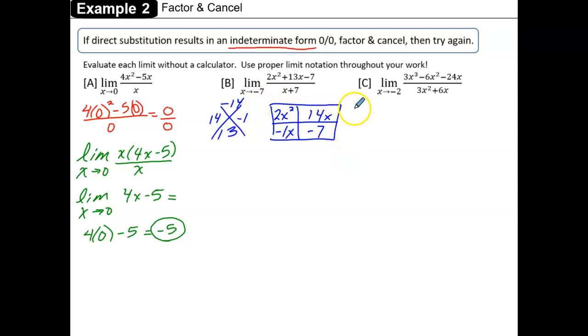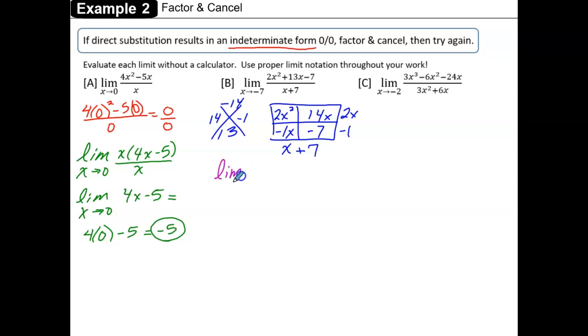Now looking for the GCF across the top row, 2x squared and 14x have a 2x in common. The bottom row, negative x and negative 7 have a negative 1 in common. First column, 2x squared and negative x have an x in common. Second column, 14x and negative 7, they have a 7 in common. And so this is going to factor